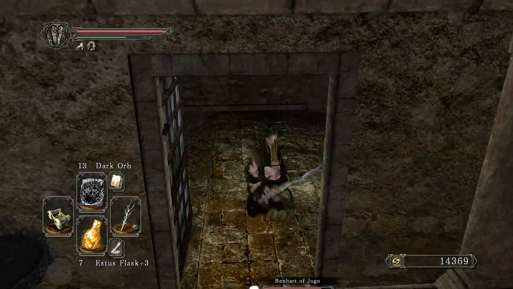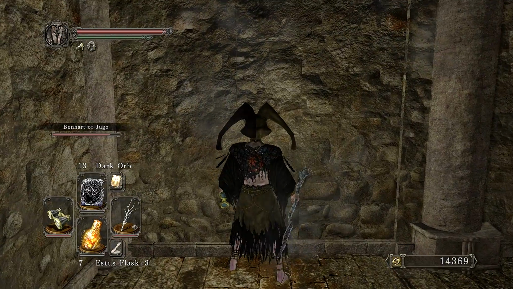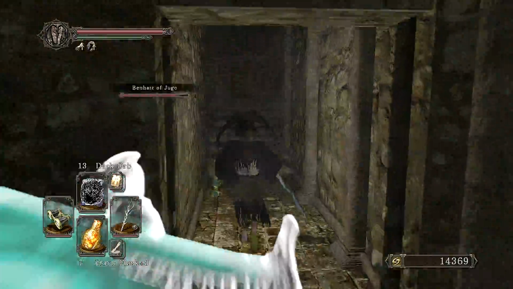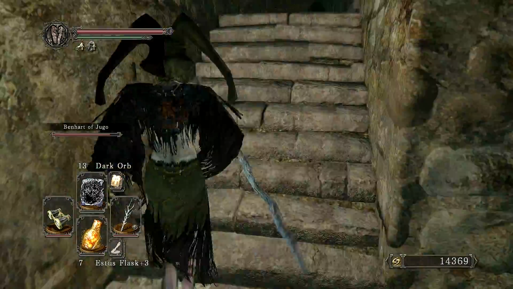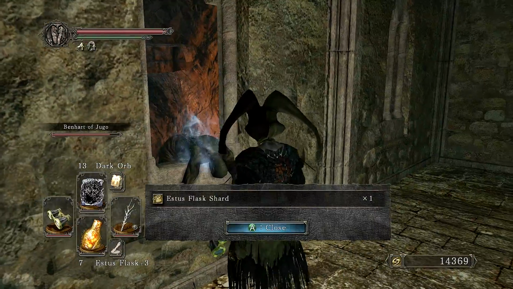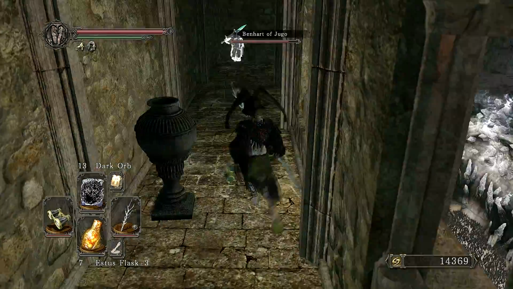Now, coming through this door, run straight ahead and activate an illusory wall here. We run up the stairs, and hanging out in one of the windows is a corpse containing another Estus Flask Shard. By the way, the urn that we just ran past, as well as the urns around the boss room,